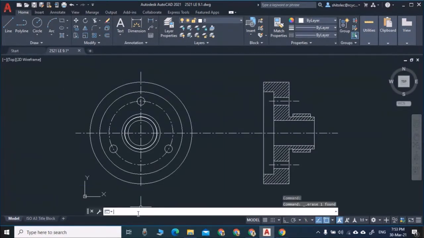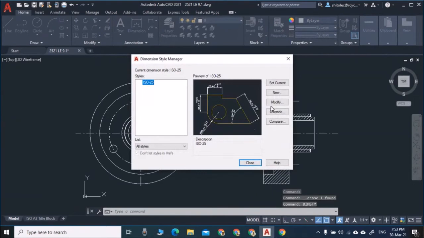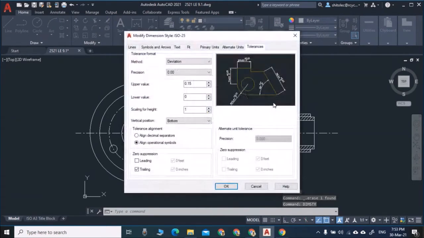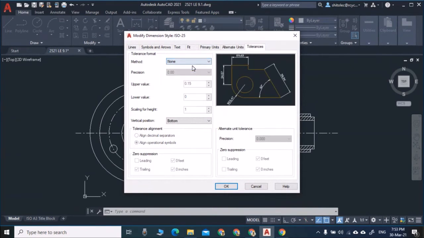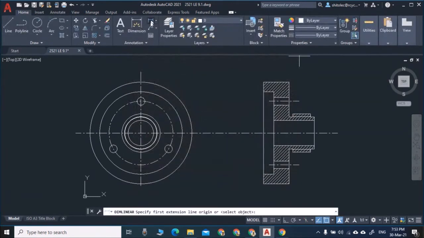I will delete it. Dimension style, DIM STYLE. Here you can see dimension style, modify, and tolerances. I will give none. Okay, close. And now you can see if I give it, it will come as 80.